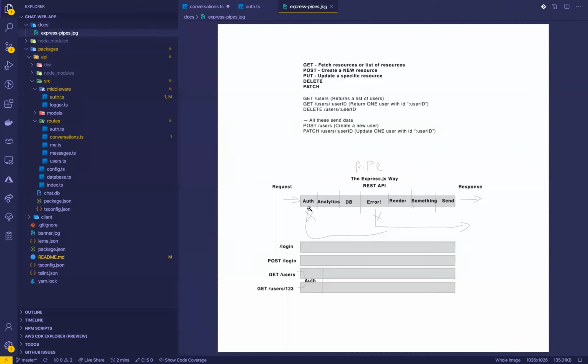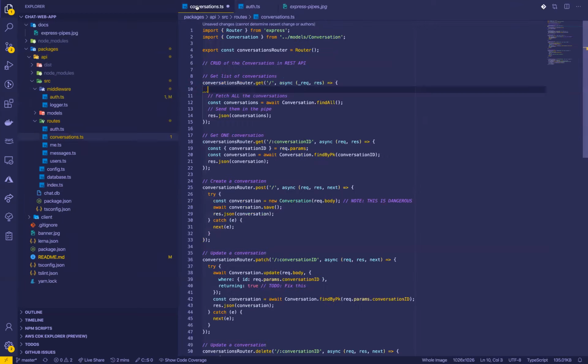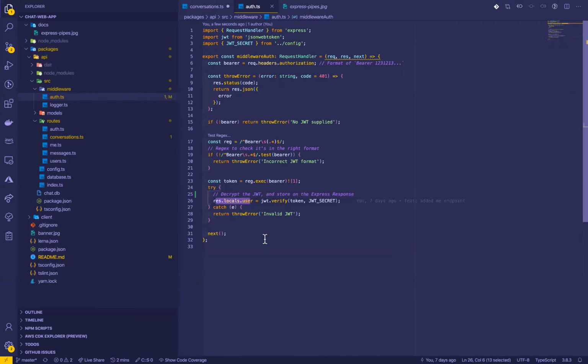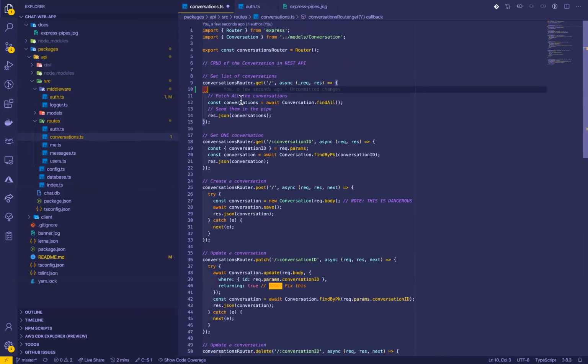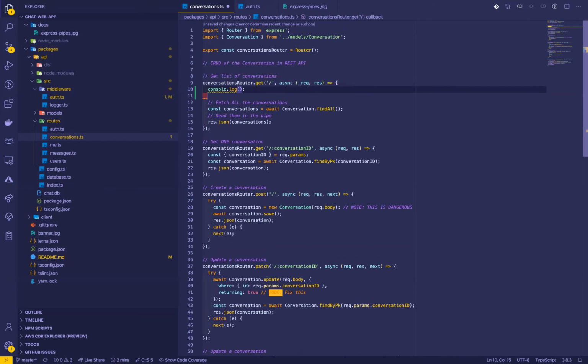So remember this picture here. If we store something on res.locals here, in all the subsequent middleware, we can actually use the same information, which is very handy for us. Because now we can use this user and this user ID in here. So let's just test that this is working first. So I'm going to go log response.locals.user,